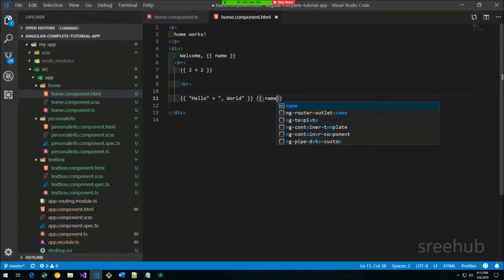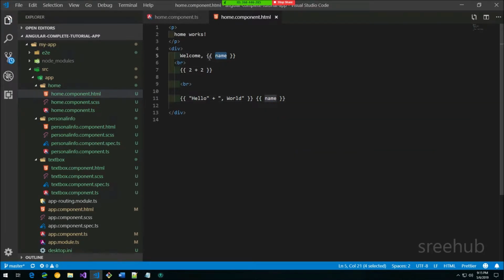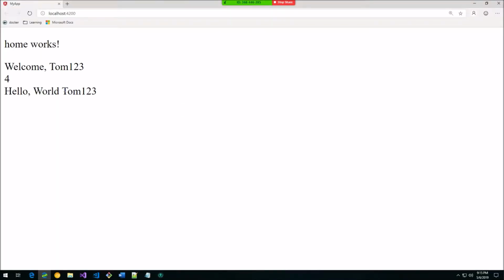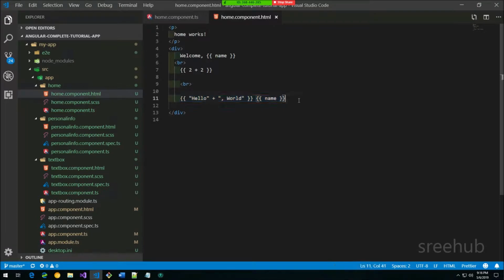Let's say I'm going to bind name again here, which means the same property is actually bound across my template. And here we are actually binding two different things, right? If I go back here, you can see hello world, so and so. Similarly, I can even create some